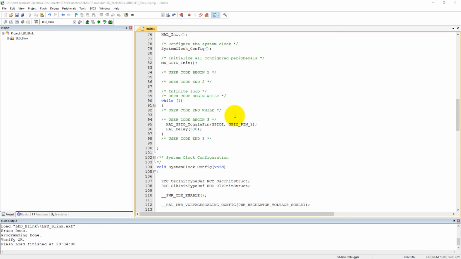In the previous tutorial, we have seen how to blink an LED and how to generate code using STM32CubeMX for the STM32F7 microcontroller. But in this tutorial, we are going to interface our LED with the push button which is available on the STM32F7 discovery board, and that push button is interfaced with the GPIO I. When we push the button on the board, it will generate an interrupt, and then it will start to toggle the LED with different frequencies.